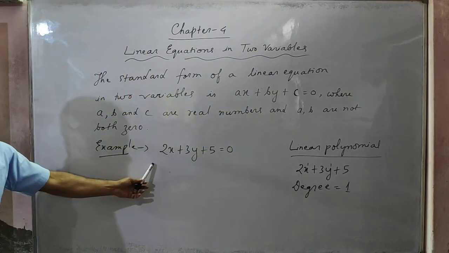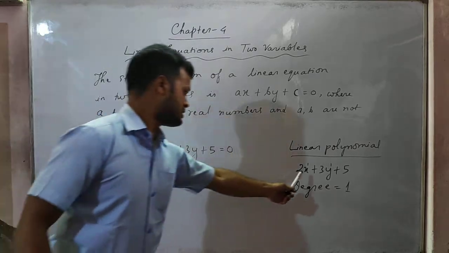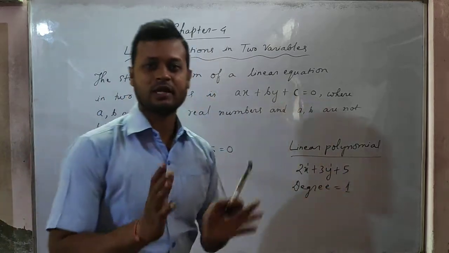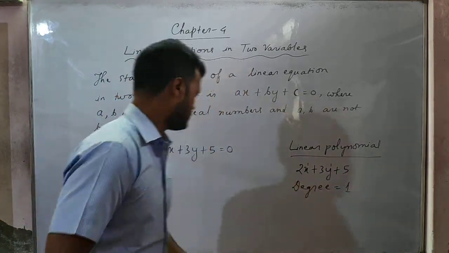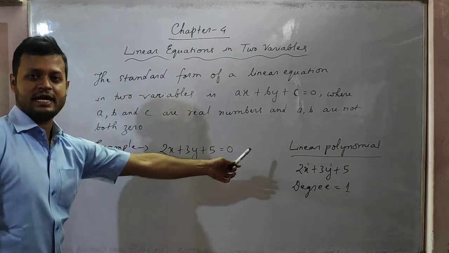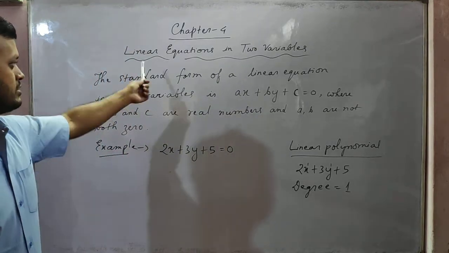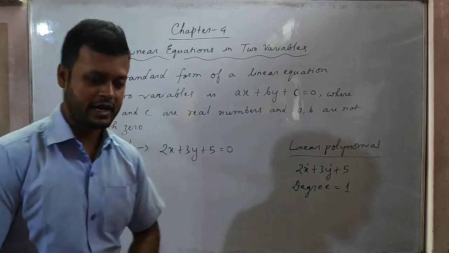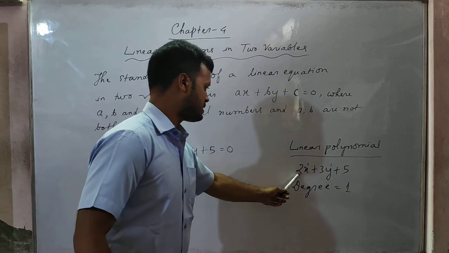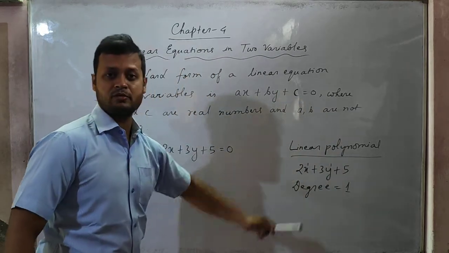And this is a linear equation. Linear equations in two variables. And here also you see two variables are only there, x and y. But here no equal sign is there, only one side is there, isn't it? When you put an equal sign and on the other side 0 or any other number is there, then two sides are there along with one equal sign, then it becomes a linear equation. Okay, and because x and y is there, you can say that this is a linear polynomial in two variables.